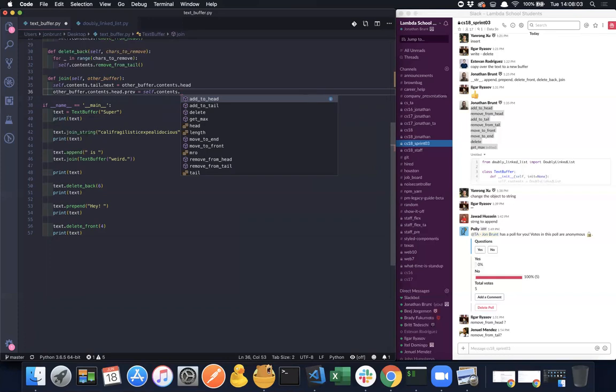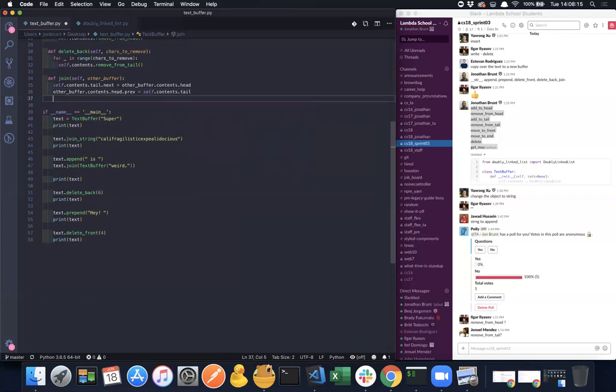The head's previous is going to be the old's tail. Yeah. There you go. And then we will say other buffer.contents.head equals,